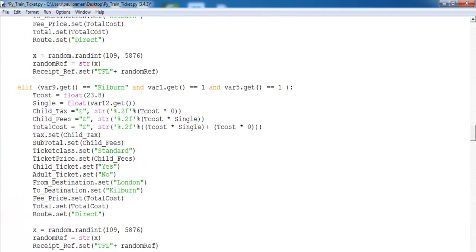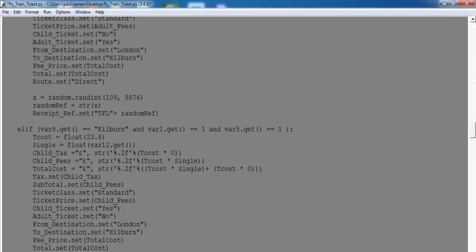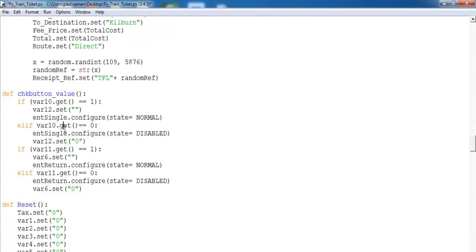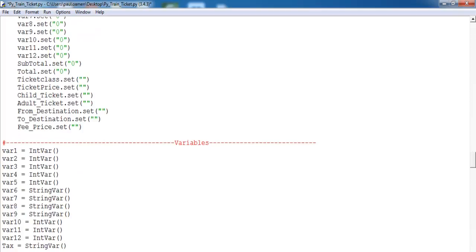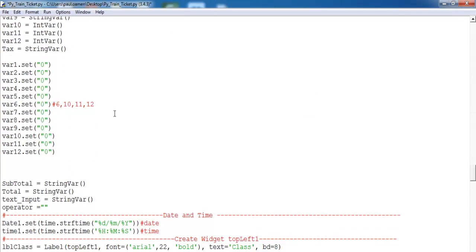Okay, so all I need to do now is copy it from here. Let's copy it down up to here, and that will be for the next one. Okay, and here's for the combo box, the reset button, more variables, data assigned to the variables. Here are the numbers that I use. I just enter that so that I don't forget. More variables there,